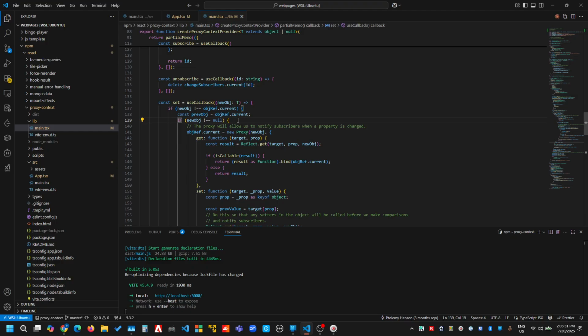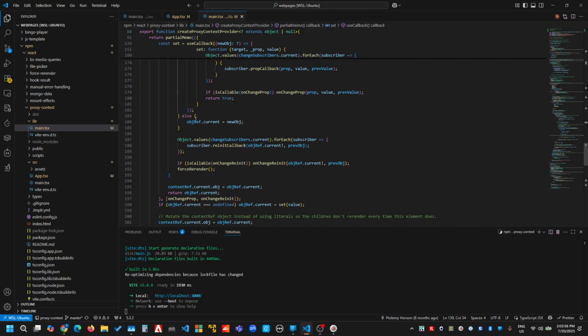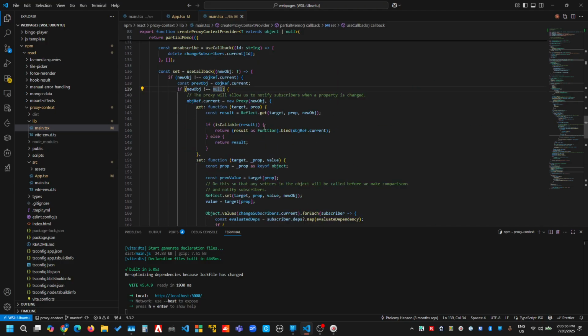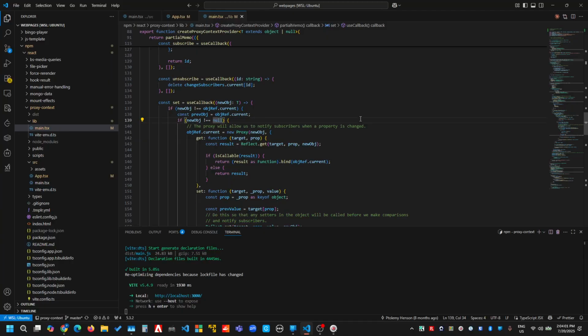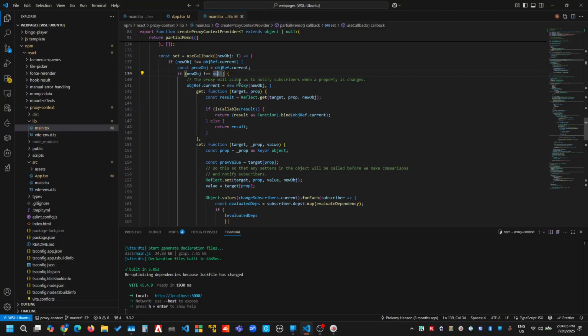We make sure that we just check for null to avoid exceptions on that point. And then we wrap the new object in a proxy where every time we bind functions to our current object that we have, and every time we set, we actually